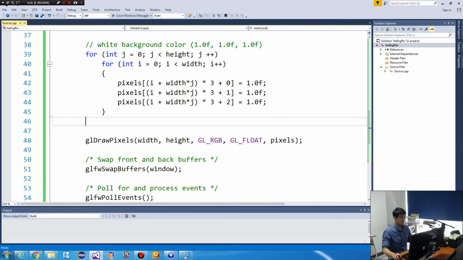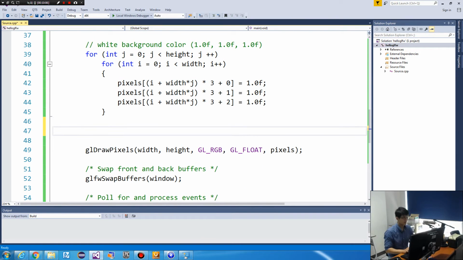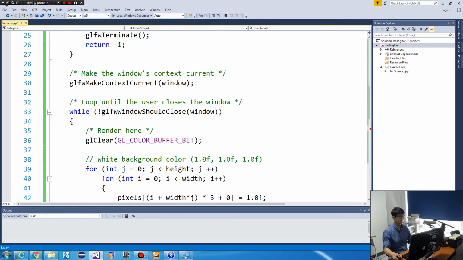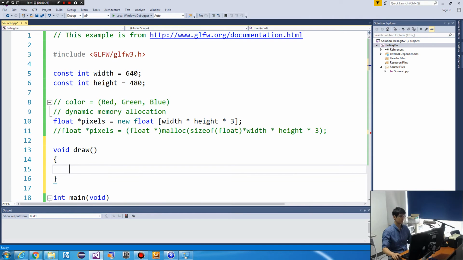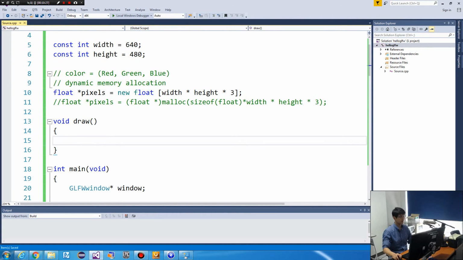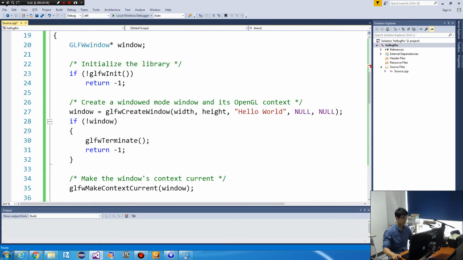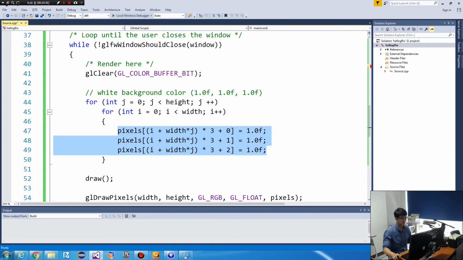Before going further, let's define a draw function. So simply draw, and let's define the draw function here. And we can define a color of a pixel by repeating this one, right?